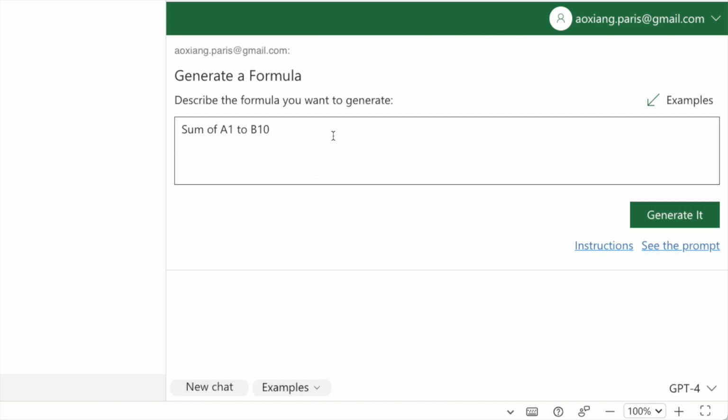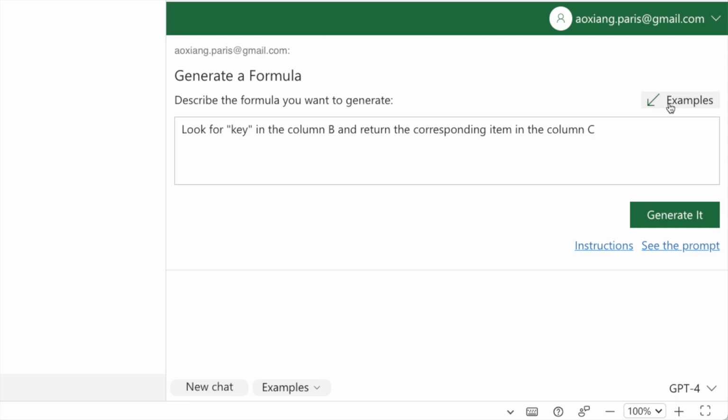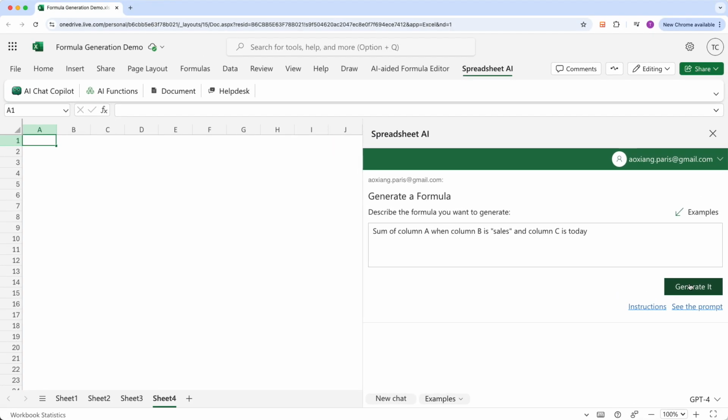The idea behind this feature is that you can ask the Copilot to generate one or more formulas for you based on a requirement description. You can freely state your requirements. You can mention additional information such as the range of the data the formula will use, the expected output values, and more. The Copilot will use relevant workbook content, business knowledge, and Excel expertise to provide you with appropriate formulas. Let's demonstrate this with a few examples.